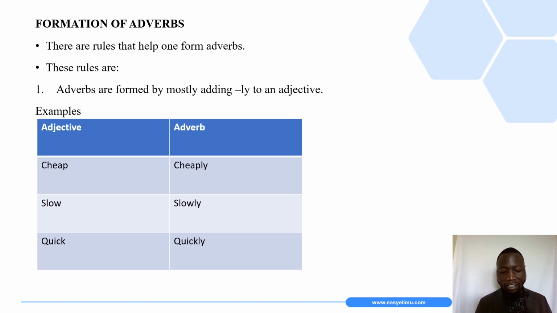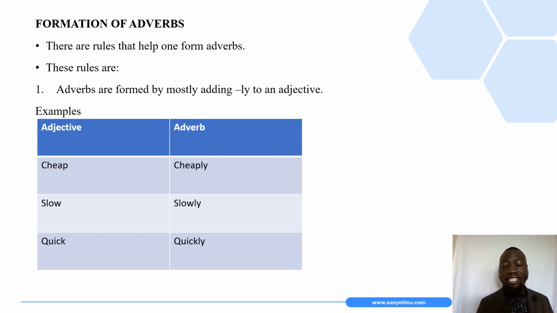So talking about adverbs, dear students, these are words that tell us more about a verb. So they are used in sentences to give more information about the verb that we have in those sentences. So there are different types of adverbs that we learned in Form 2. So talking about the types of adverbs, we have got the adverbs that tell us how an action is